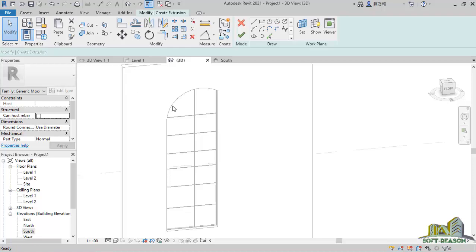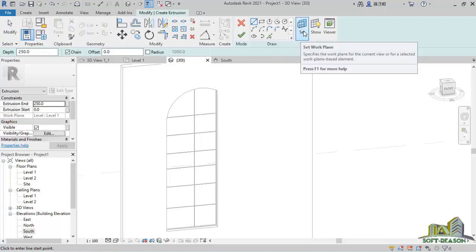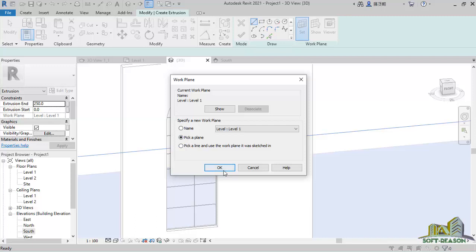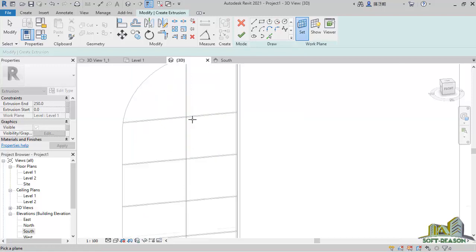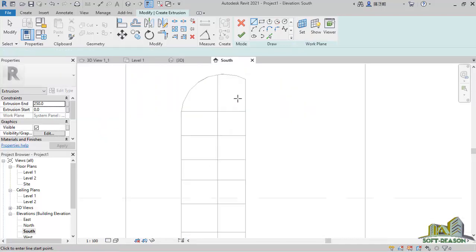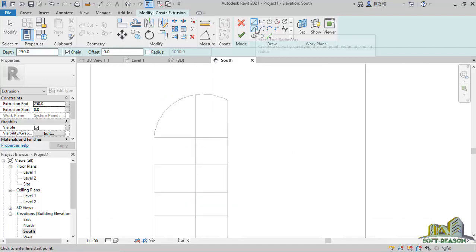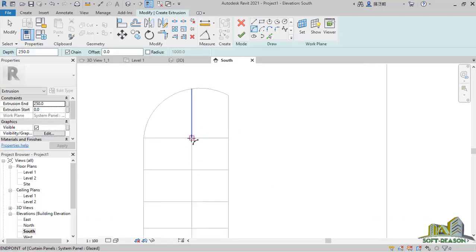So I'll click on instruction, then I will set work plane. I pick plane, click on OK. So I will be considering this plane, this one. I'll pick this plane. After which I'll navigate to the south elevation, and I will use arc radius. Pick this point,